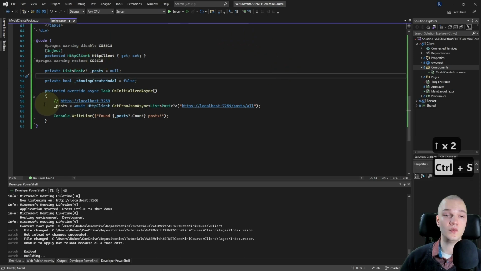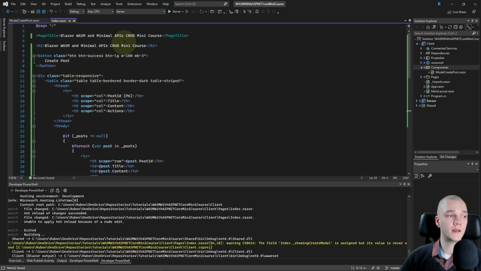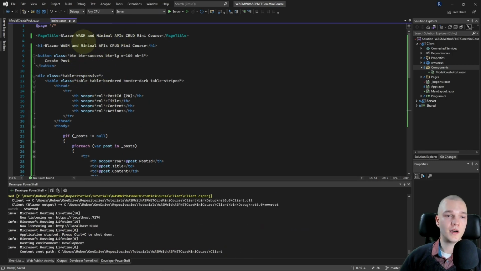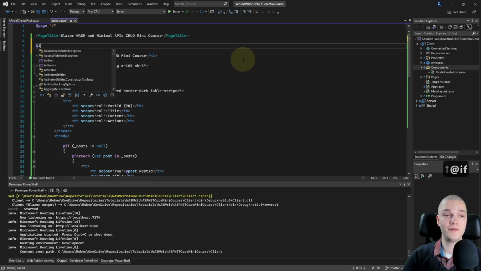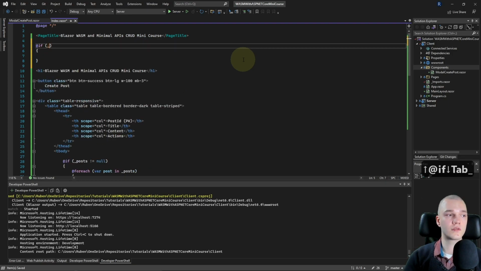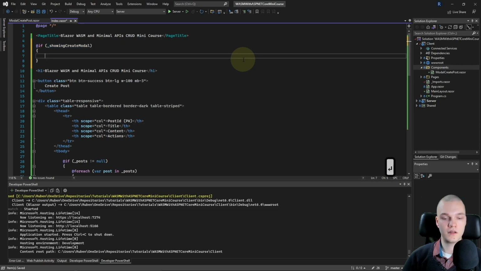Okay, let's use that. So I'll scroll up, and above the h1 I'll do @if _showingCreateModal. And if that's true, I'm gonna render out the ModalCreatePost component.